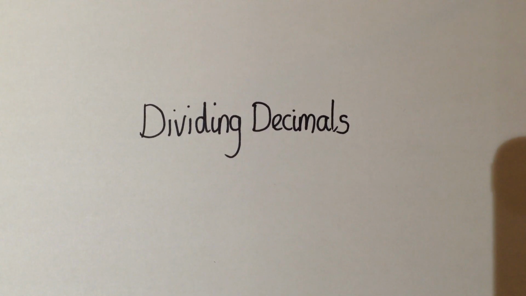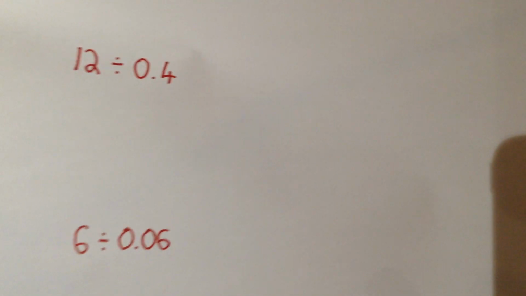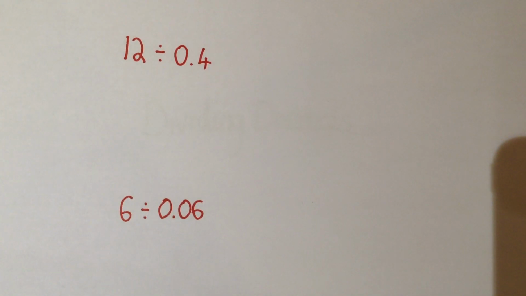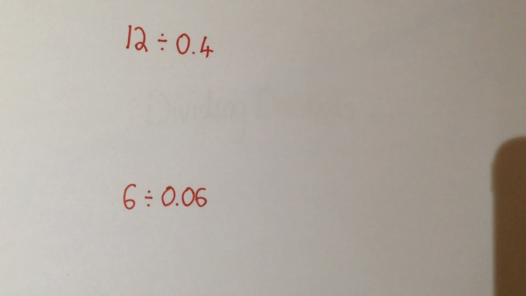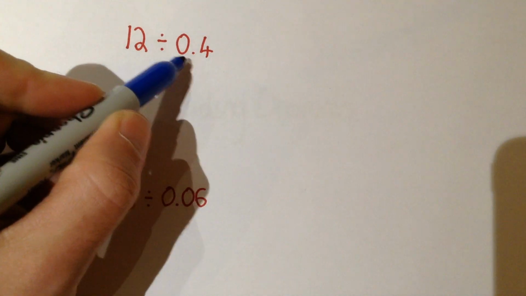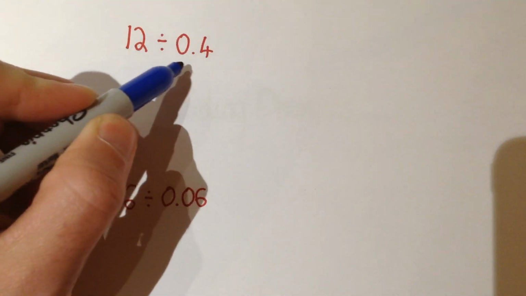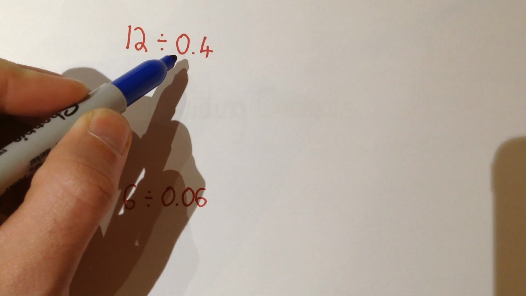This is your guide to dividing decimals. We're actually going to focus in this video on how to divide by a decimal number. It's actually quite tricky to do this, so there is a little cheat that we can use to make it much easier. The cheat is this: if we change the number that we are dividing by into a whole